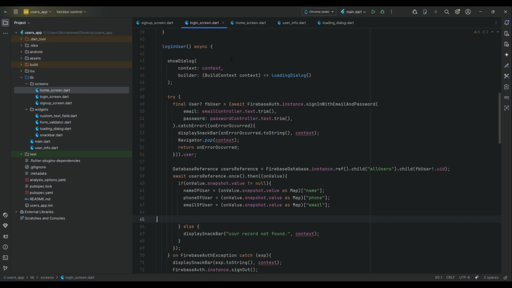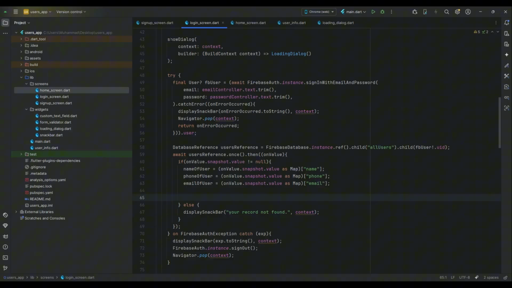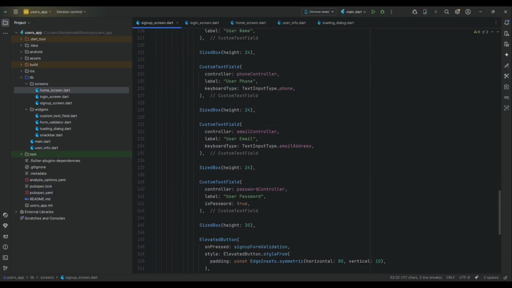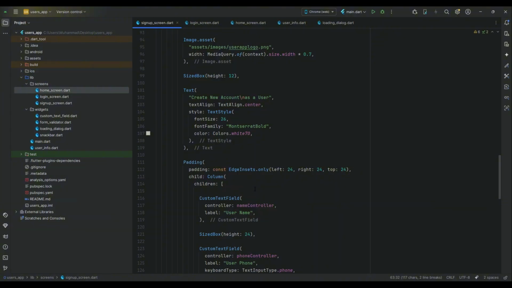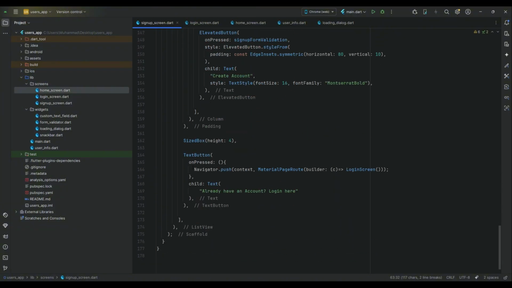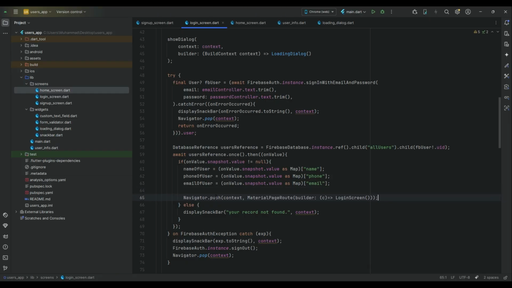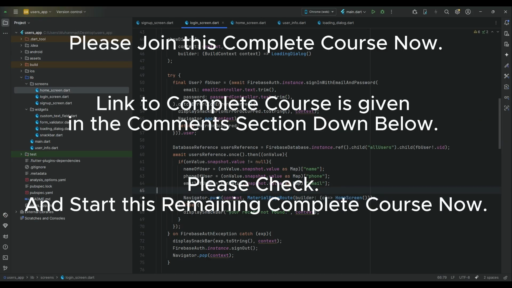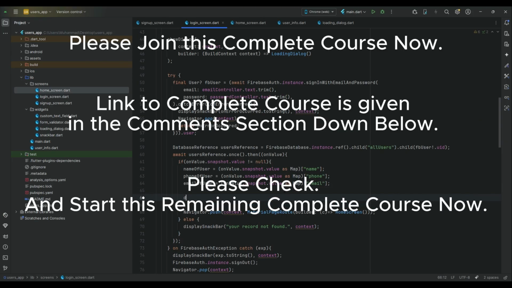So now when the user is signed in successfully, then we will simply send the user to the home screen. So we can say navigator.push material page route, send user to home screen, and of course you can display a message: